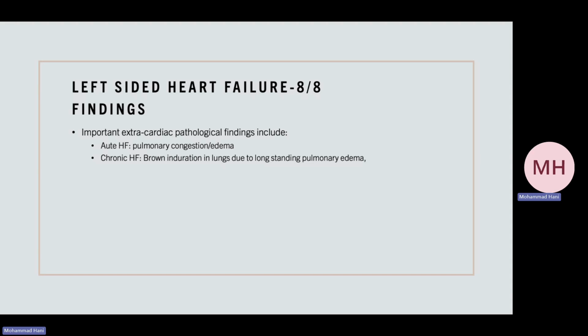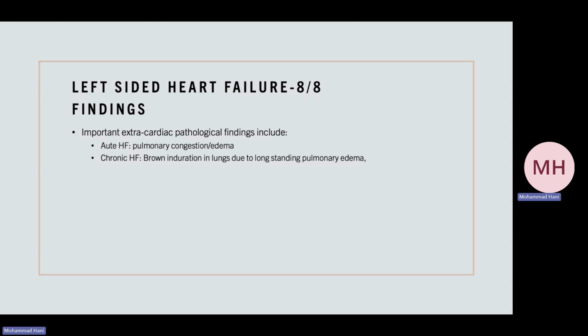Basically, this happens because the macrophages come to clear all of this up, and they lyse the RBCs. And when the RBCs are lysed, the iron from the hemoglobin is taken up into these macrophages, turning them this reddish-brownish color. And that's why you get lungs on autopsy macroscopically that look brown, and that's called brown